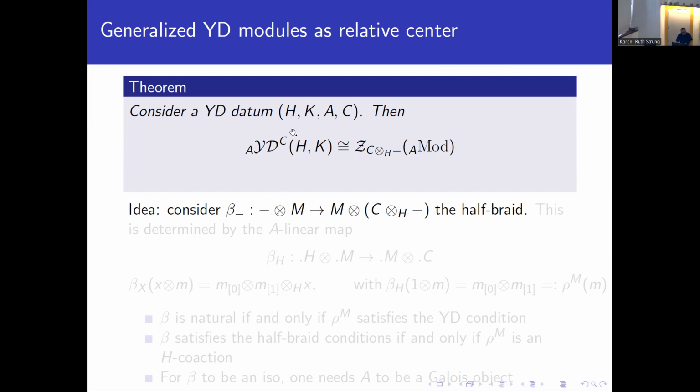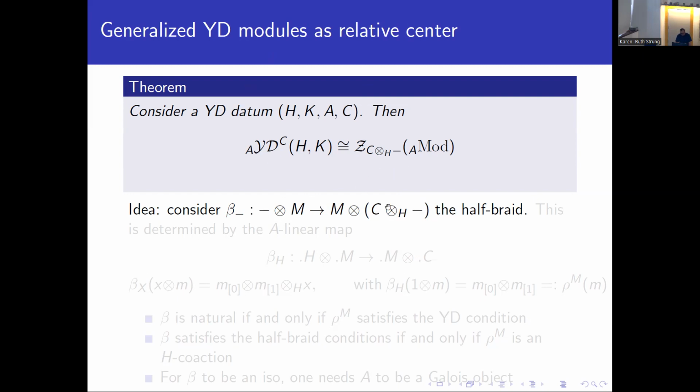Maybe I forgot to tell you, but the action of the H module on the A module is given by the usual tensor product. So that's why we have the usual tensor product here. But the functor E here depends on the tensor product over H. So this is our half braiding from the construction. And of course, we assume that our functor here is monoidal in the first place.